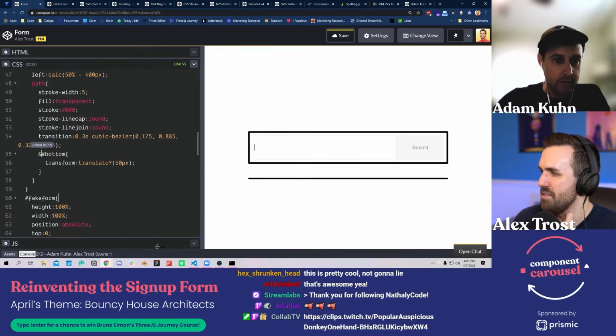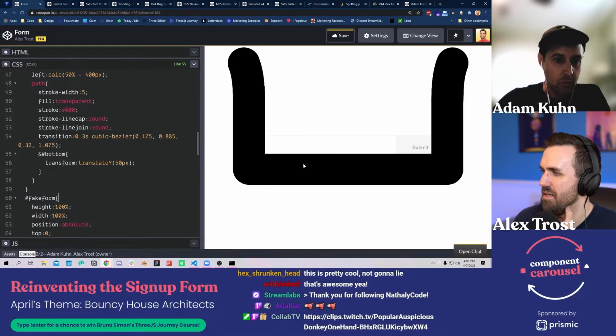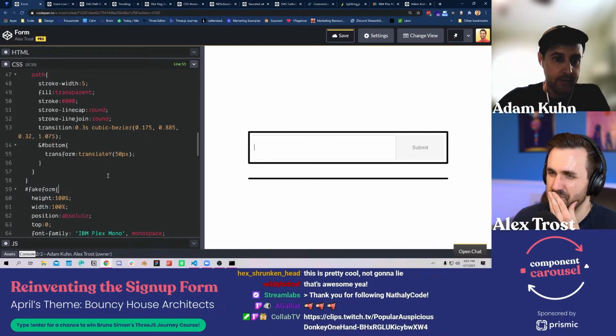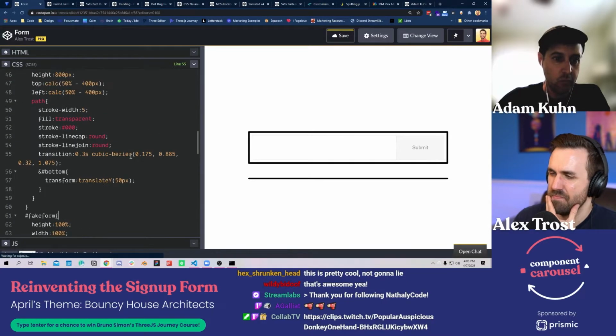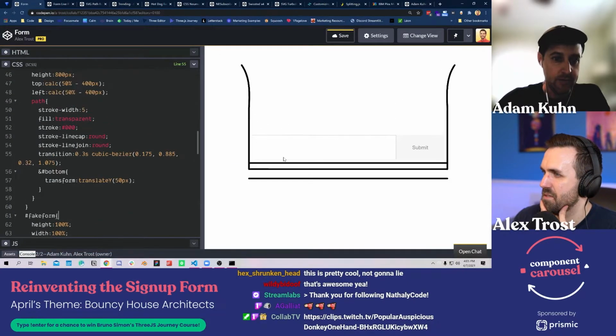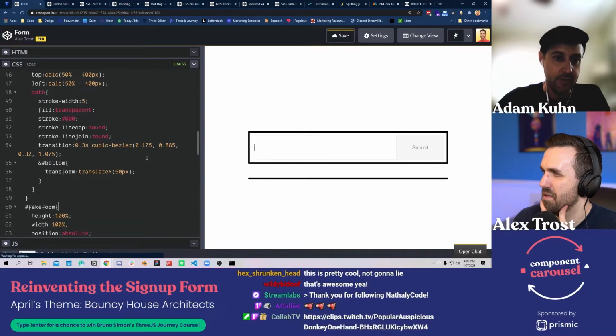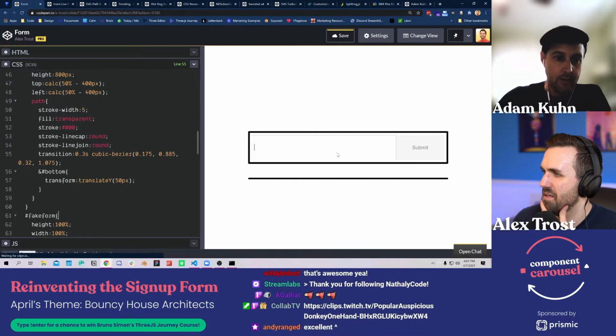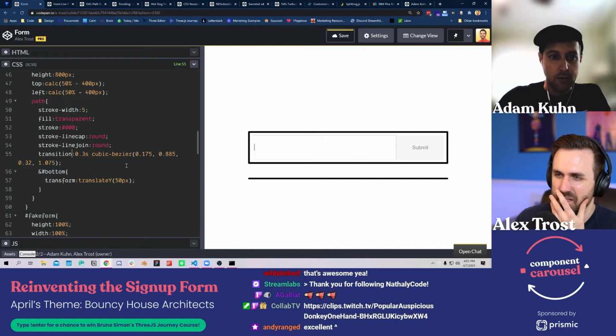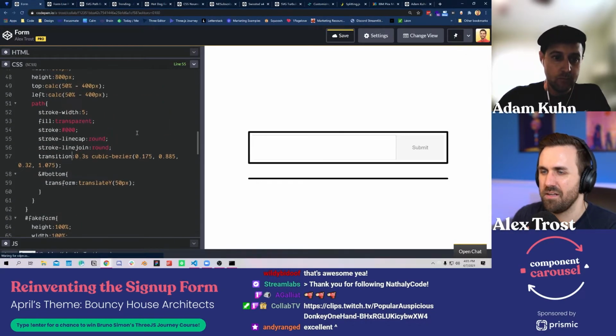So we need to, we're gonna actually do all the paths at 100. Actually, I might want to do these ones a little bit bigger so it kind of flares out as it goes down. Let's see where you're at.